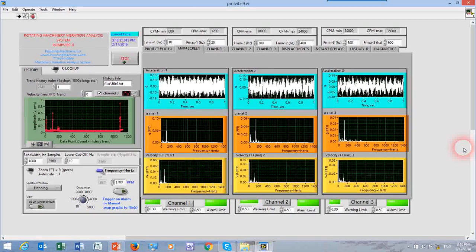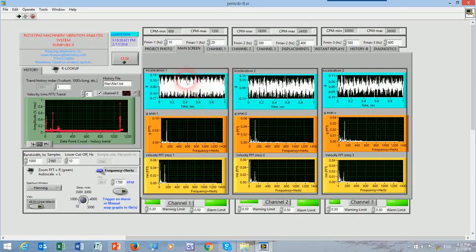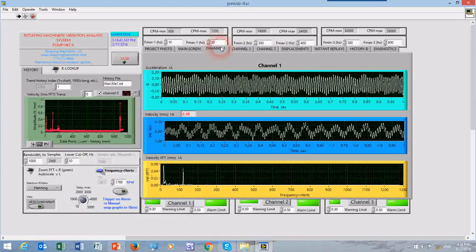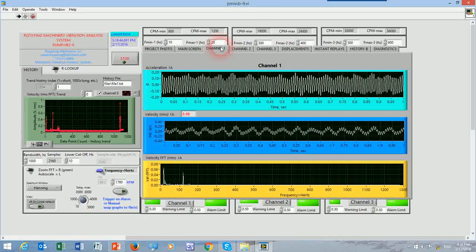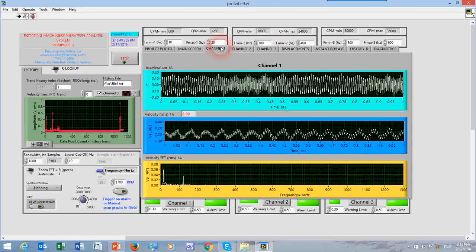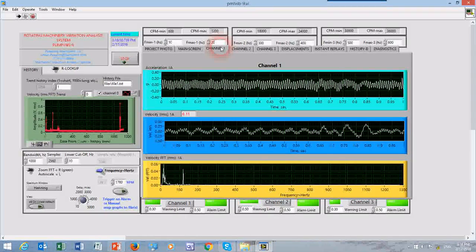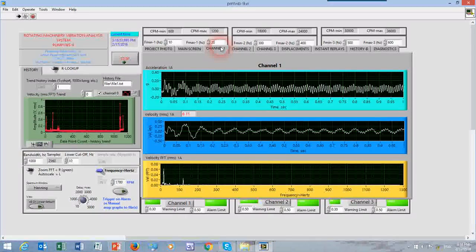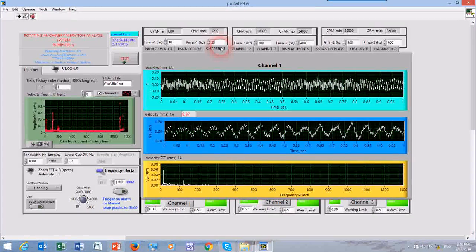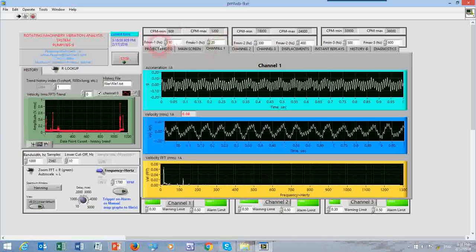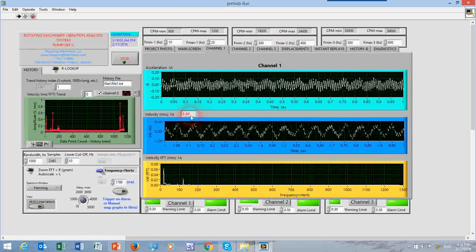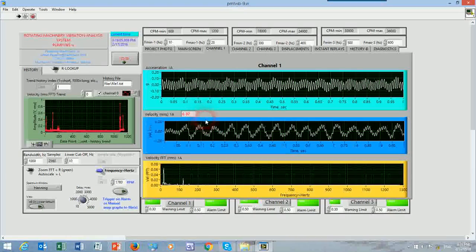So let me go to channel number 1, which will now show us the same 3 graphs, but more expanded, for the first channel. Now if I excite the bearing housing one more time, you can see here that the impact was just registered. The velocity of vibrations now is relatively small, and it shows here in the red numbers, 0.07 inch per second